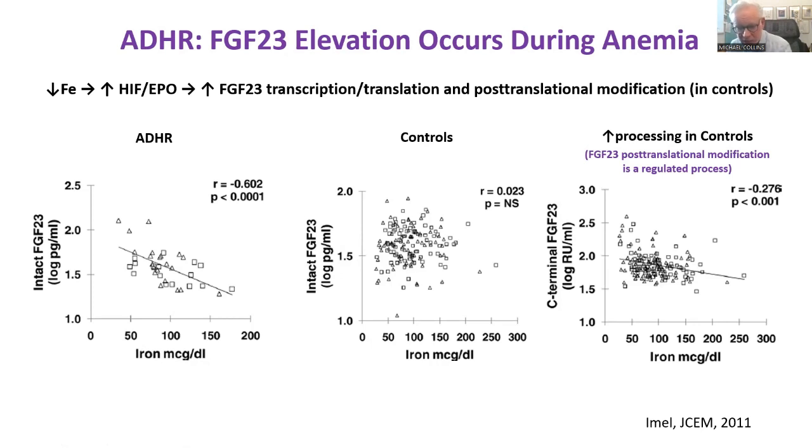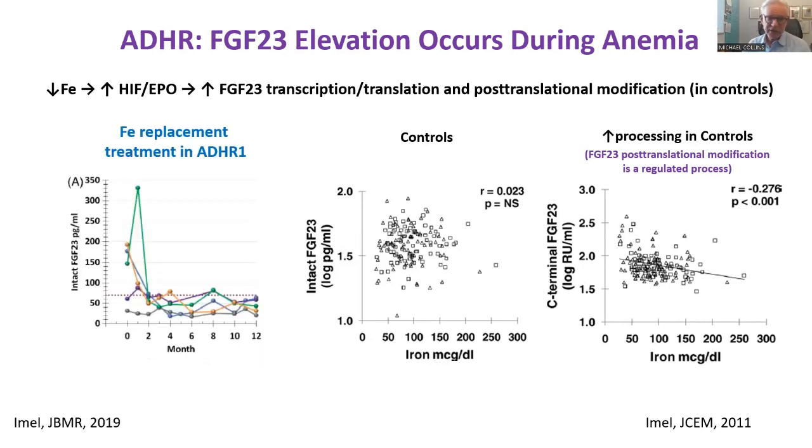So this really points to the locus of the defect in patients with ADHR. You and I have increased processing so that we can break down the excess FGF23 that's made when we're anemic. But patients with ADHR have mutations within the molecule that don't allow for this modification of FGF23. So when iron is low, they have high HIF, high EPO, high FGF23 transcription and translation, and in controls a defect in post-translational modification is absent, whereas it is present in patients with ADHR1. This, of course, then led to the idea that iron replacement might be a treatment for ADHR1. This was a study in the JBMR in 2019 by Eric Imel and colleagues, which showed very nicely that replacing iron in these patients was an effective treatment for ADHR1. Okay,